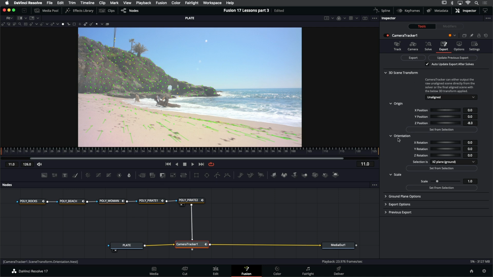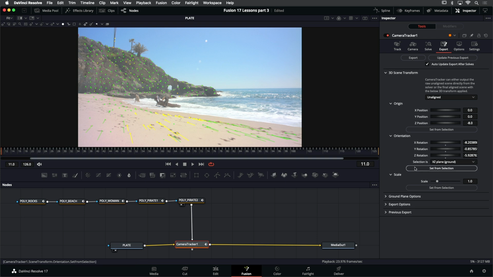First thing I want to do is set the orientation to the ground plane. So I'm going to select a series of points that are on the ground plane, and then I'll set those from selection. So now the X, Y, and Z rotation are going to match these points